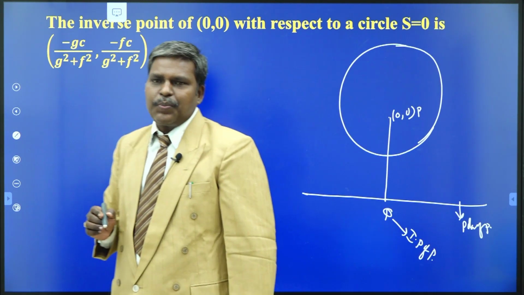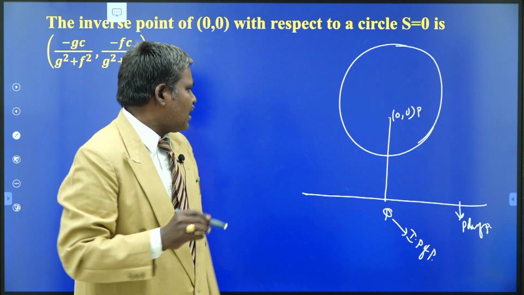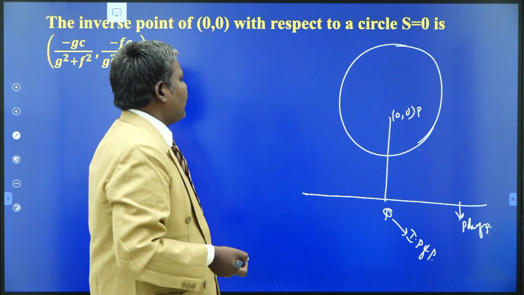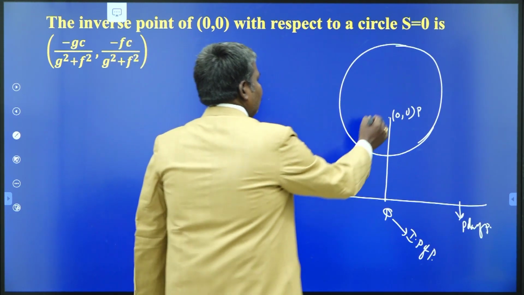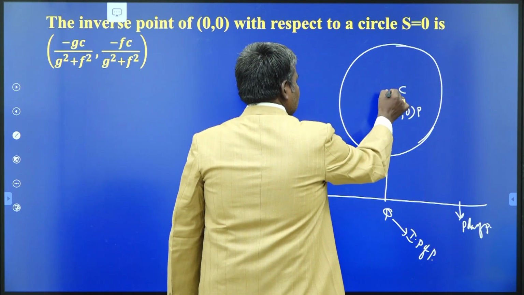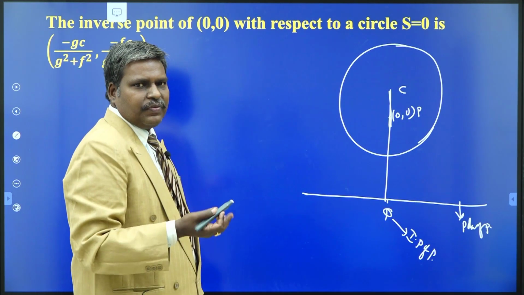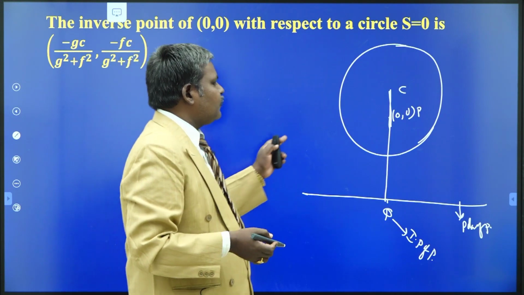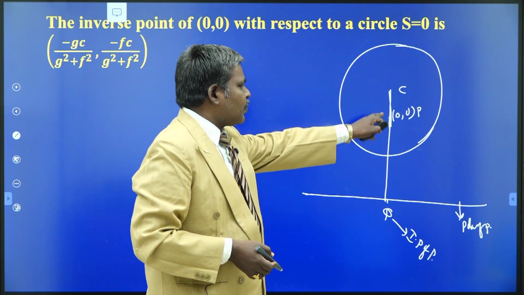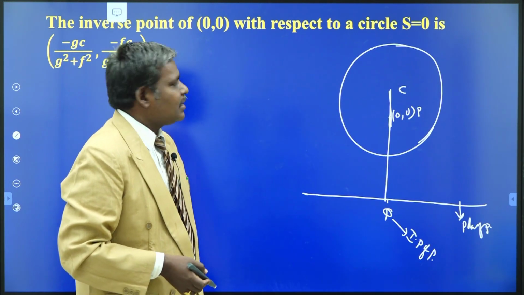Understand? So write the polar of the given point, find the foot of perpendicular drawn from either center or given point to the polar of P, and we get the inverse point of P with respect to the circle. You may find the foot of perpendicular drawn from either center or P because C, P, Q are collinear. In the earlier problem we found the foot of perpendicular from the center to the polar of P. Now here find the foot of perpendicular from the point to the polar of P, because (0, 0) is convenient for your calculation.